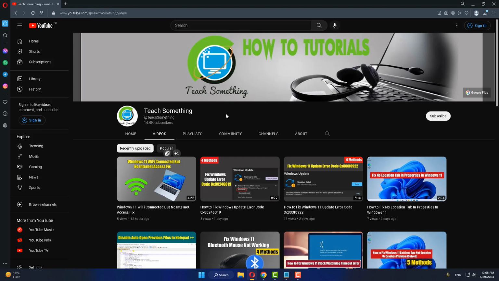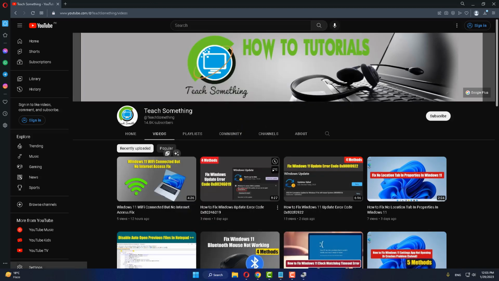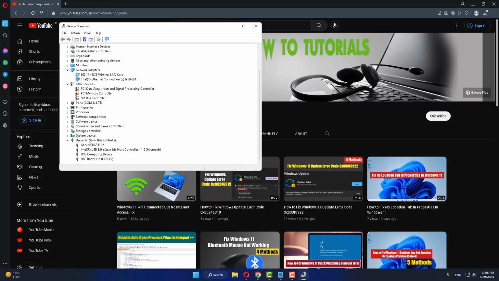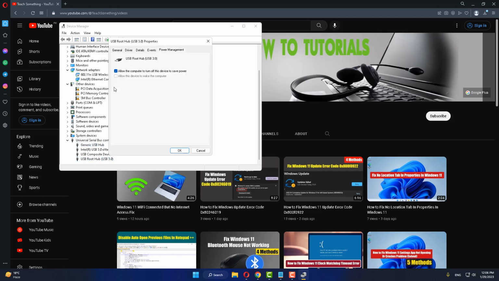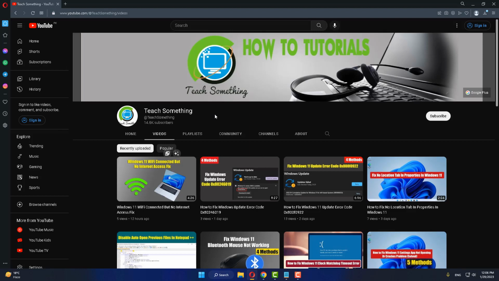The second method is that in the search box type device manager and open Device Manager. Scroll down and expand Universal Serial Bus controllers, and open the USB Root Hub. Go to Power Management and uncheck "Allow the computer to turn off this device to save power." Click OK. Now open a USB hub, go to Power Management and uncheck it. Close it. I hope your problem is fixed, but if it persists, you can try a third